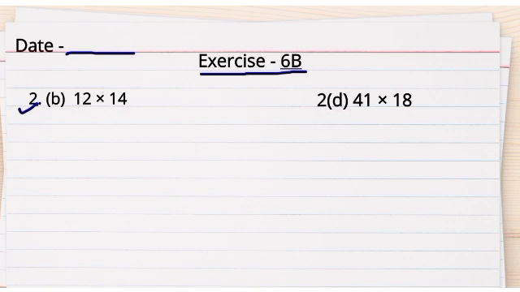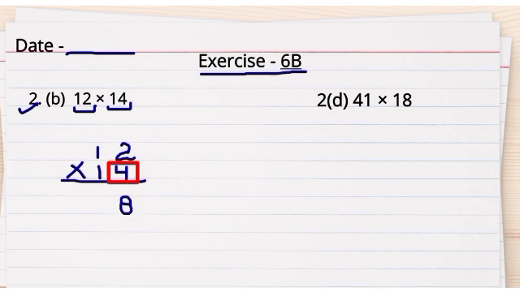I'm starting with question number 2. This is the multiplicand 12. You will multiply this 12 by this multiplier 14. Multiply them. First of all, this digit in the multiplier at ones place, so you will multiply by this 4. 4 2s are 8. 4 1s are 4. Now you have multiplied by the digit at ones place, so put a cross at ones place.